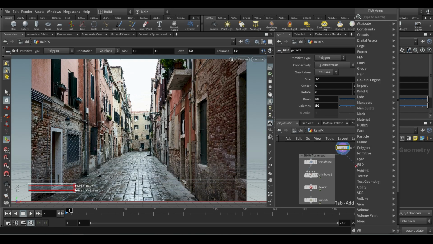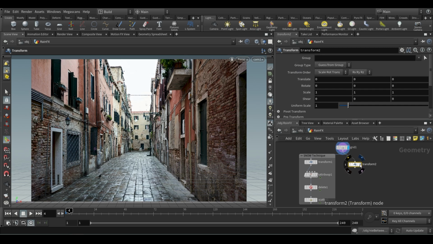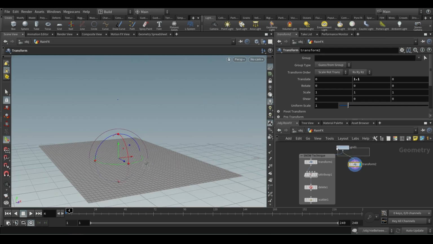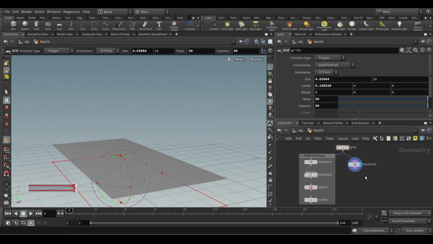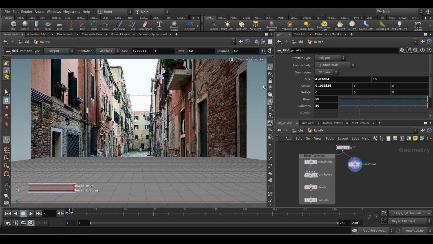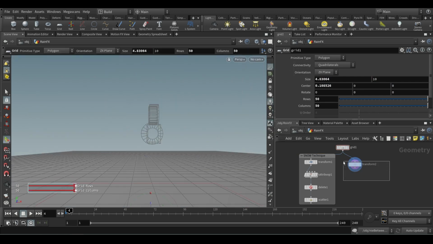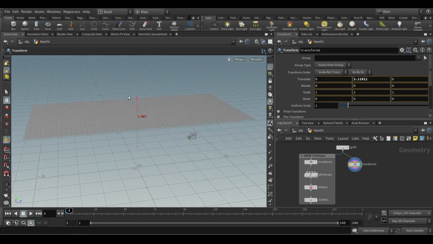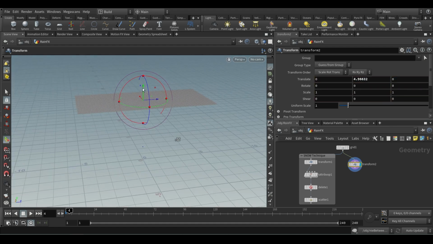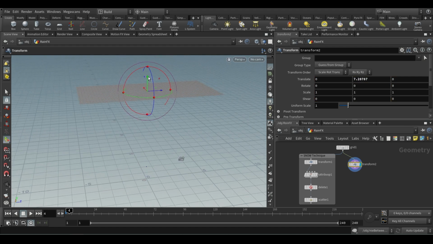Here is our grid, and we use a transform node. It's not that much going on, right? So we can minimize it slowly, yes, and let's look here. Good. And we bring it on top, really high, because it's rain and it has to cover this area.